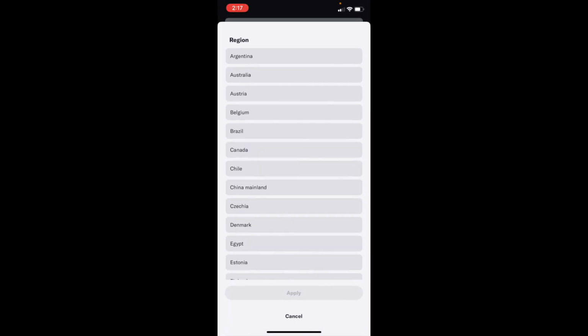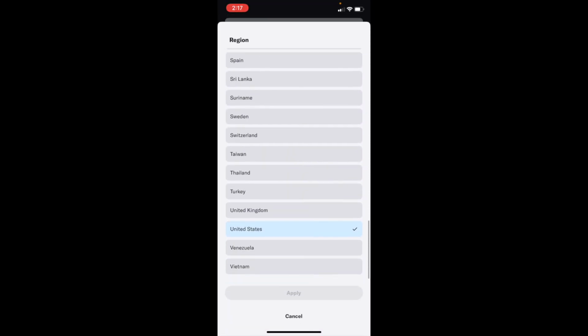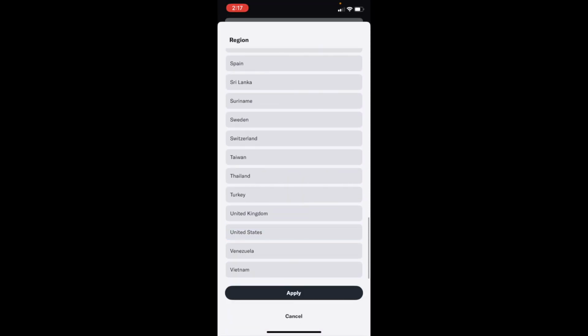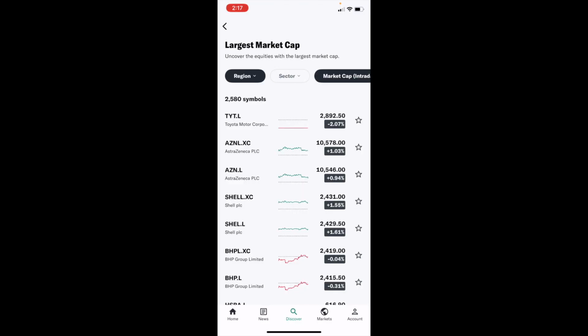Press on region. Go all the way to the bottom to where it says United States, uncheck that. Then where it says United Kingdom, press on that right there. Then press on apply at the bottom, and there you go. 2,580 symbols. It's pretty straightforward, but this is how you guys can now view the largest market cap stocks in